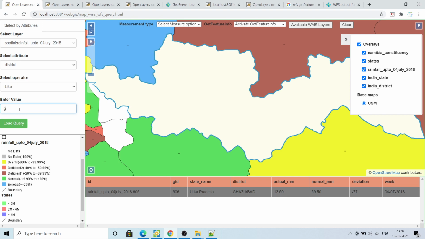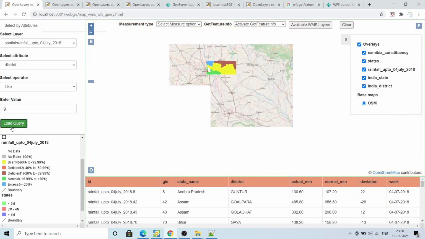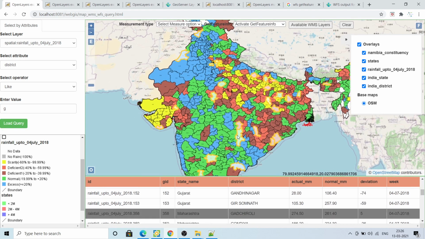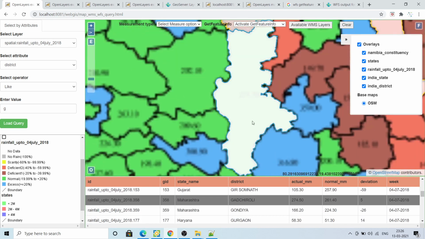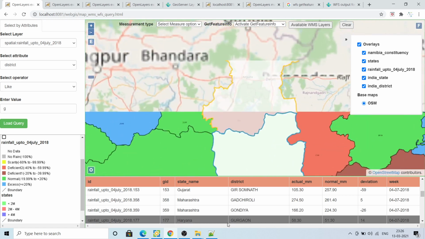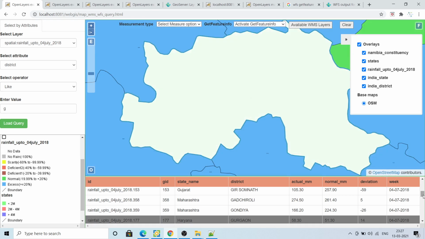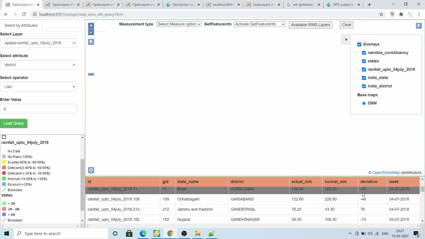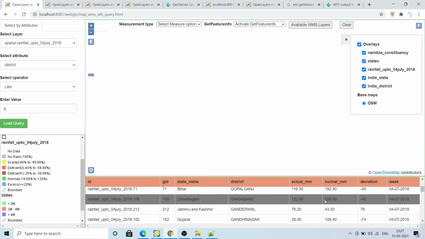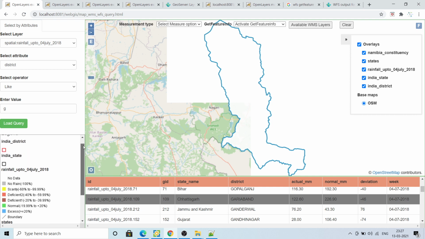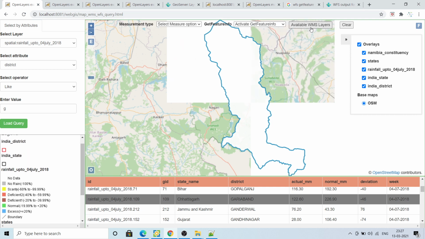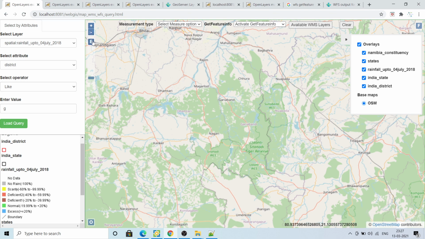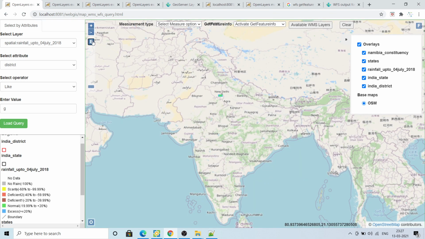If I type only G, it will search all the features starting with G. You can see this number of features. If you go to clear, it will clear everything, and you can just fit to extent.